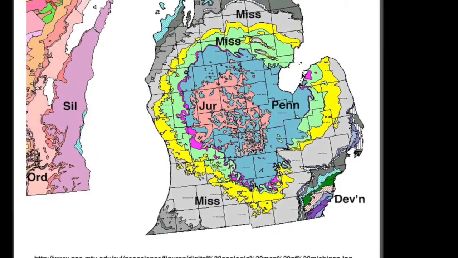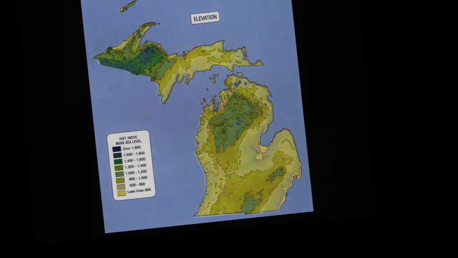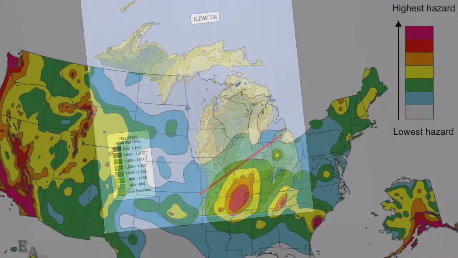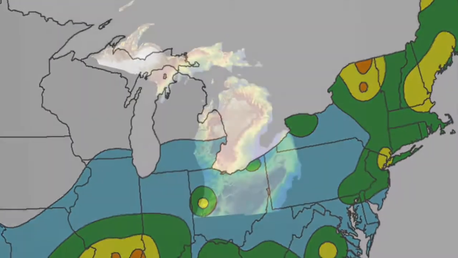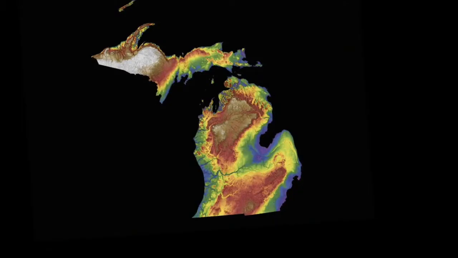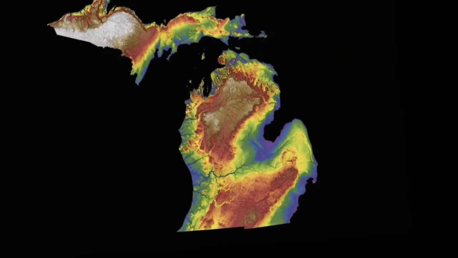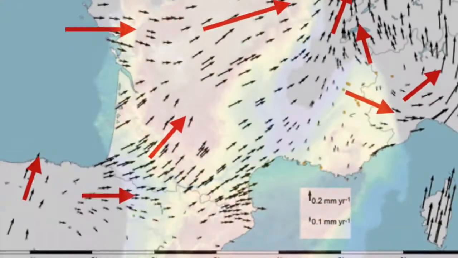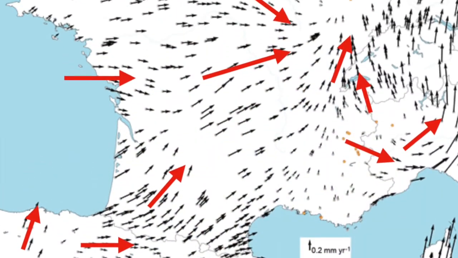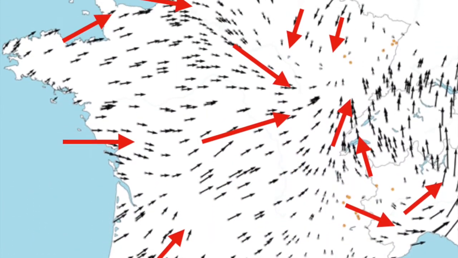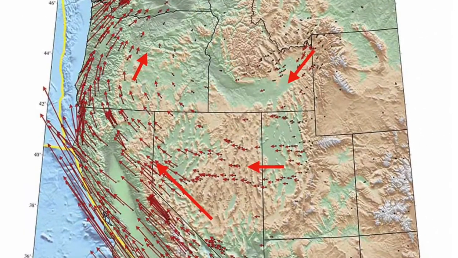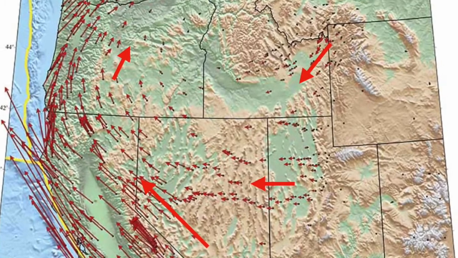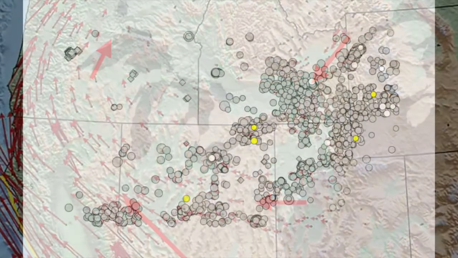Further, based on the seismic activity, the lower peninsula of Michigan is currently being pulled apart along the Saginaw Bay, and continues through the city of Grand Rapids all the way to Lake Michigan. As we look at the earthquake hazard map, and then the topographical map, we can see where the lower peninsula is being pulled apart. Overwhelmingly, GPS technology is disproving the tectonic plate theory, and supporting the tectonic wave theory. It is clear that there are forces on tectonic material not related to tectonic plate boundaries, and crust material is moving in all directions within small geographic regions.